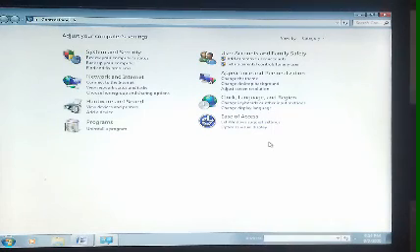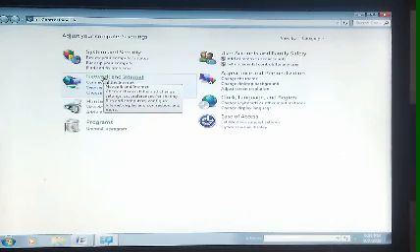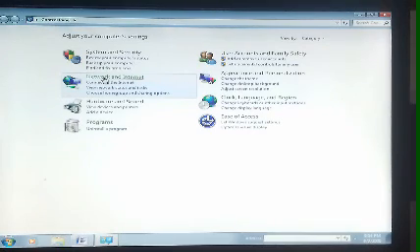Here you can see students, this is system and security, to set the overall operation and security of Windows. And here you can see network and internet, to set communication between multiple computers in a computer network.